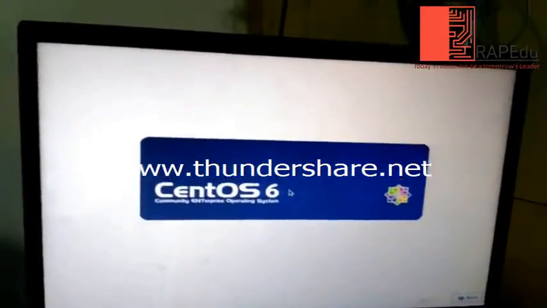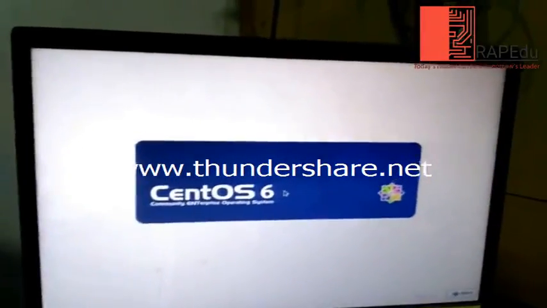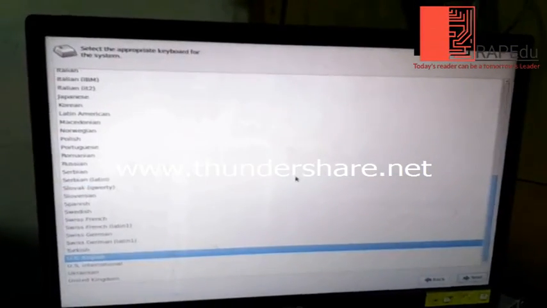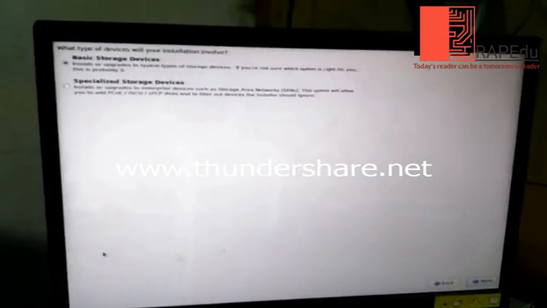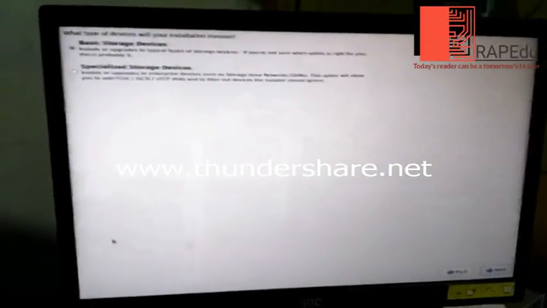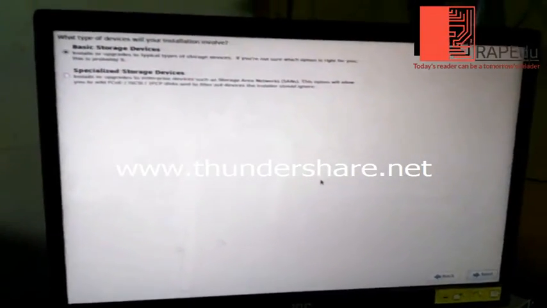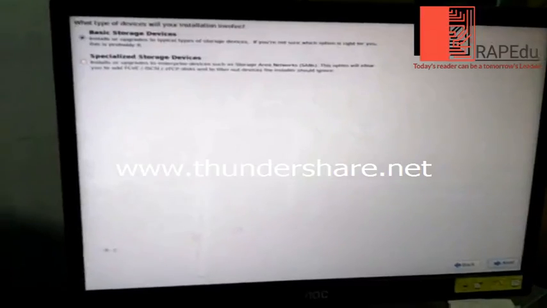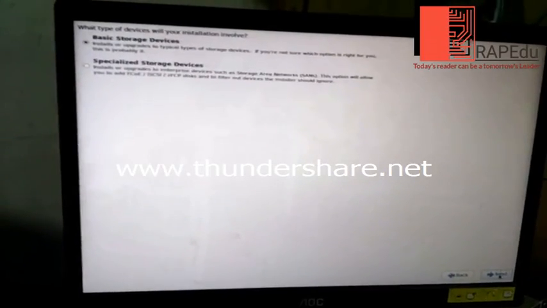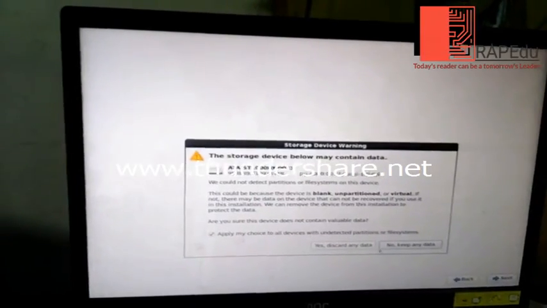CentOS 6 is coming. Then next, next, next. Here we have configured basic storage devices. Next,